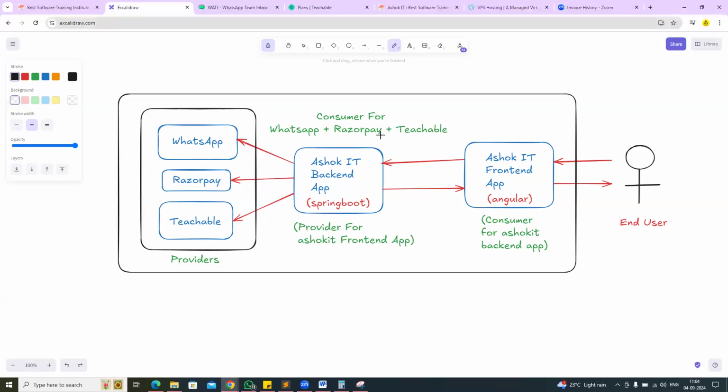Is this clear now? Yes, sir. My project is acting as a consumer for the third-party applications and it is acting as a provider for the front-end application. Now, when we are developing distributed applications, when one application is communicating with another application,